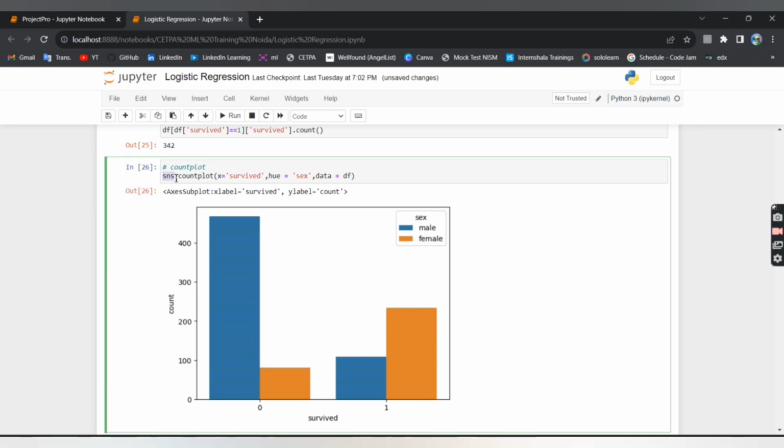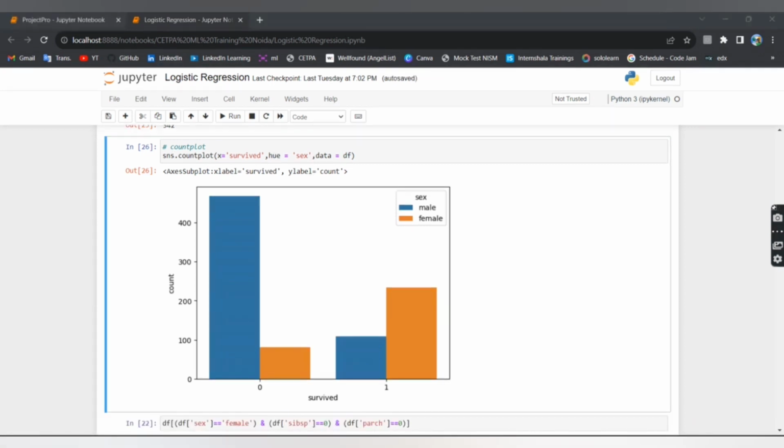So what we do, we use the SNS function, meaning seaborn dot countplot. Countplot is used to count the numbers and plot accordingly. x is equal to survived. Here survived is the data frame's Survived column. This hue is equal to sex particularly gives us the sections through which we differentiate the survived count plot as male and female. Here, as the sex column has two parts, male and female, and data is equal to df. After we run this,